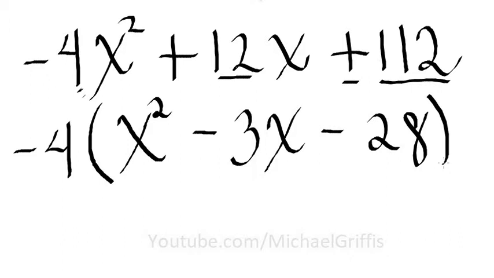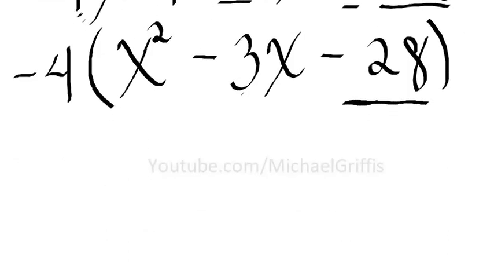So let's take a look at this. Two numbers that when multiplied together give us this negative 28, and when we add them we get negative 3. So they're going to be numbers that are fairly close together. And let's see, 7 and 4. Yeah, 7 times 4 is 28, and 7 minus 4 is 3, but it'll have to be a negative 3. Okay, let's go ahead and, I always forget the equal signs here,